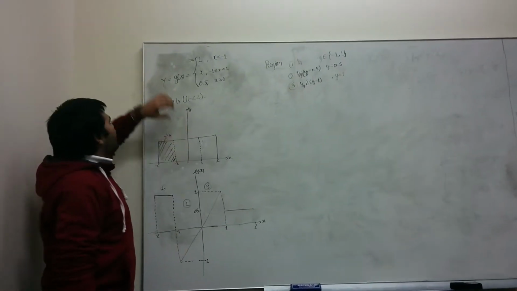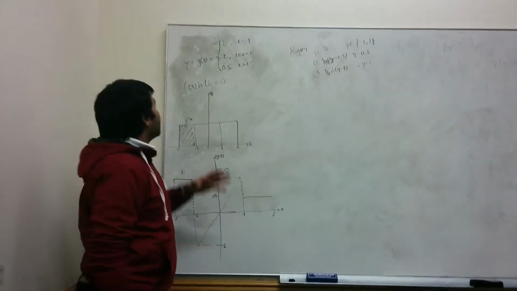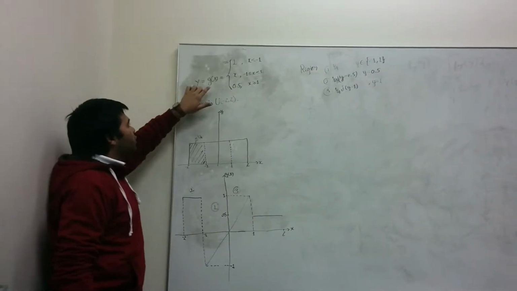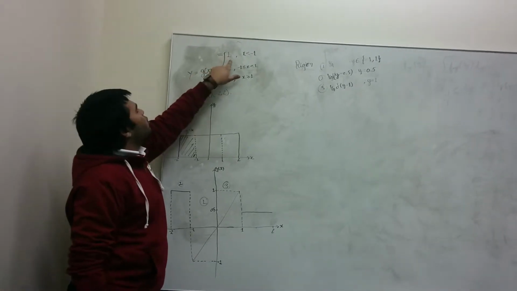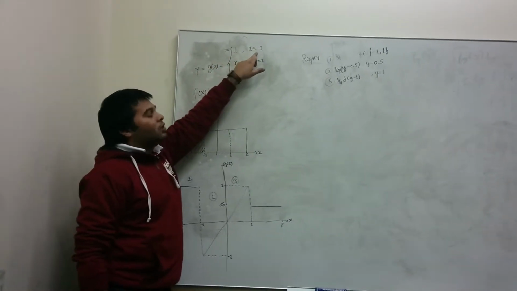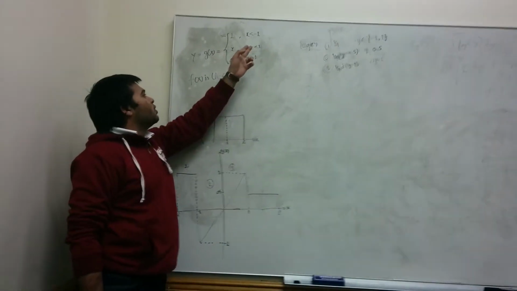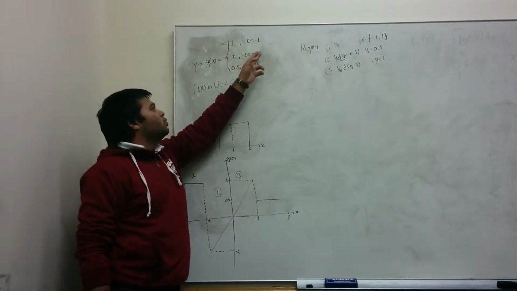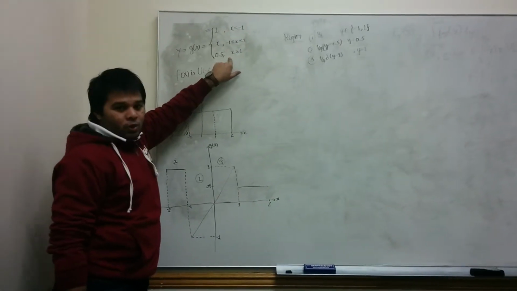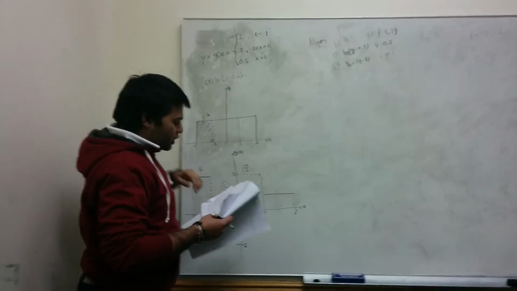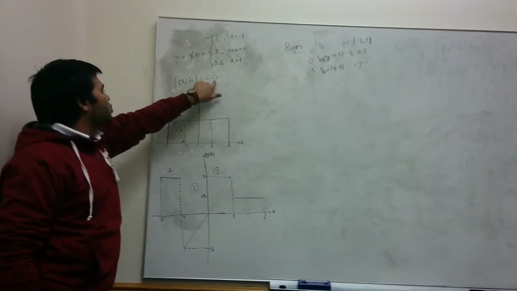Hey friends, today we will study an example of one function of a random variable. The given function is y equal to g of x, where g of x is equal to 1 for x less than minus 1, g of x is equal to x for x varying from minus 1 to 1, and its value is 0.5 when x is greater than or equal to 1. We are also given that f of x is a uniform function from minus 2 to 2.